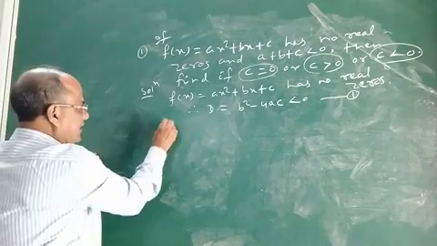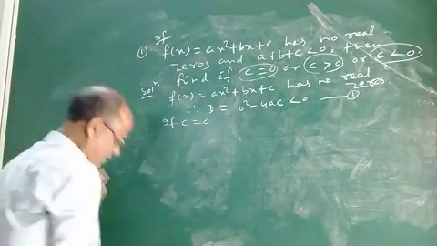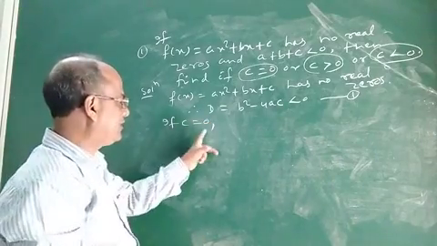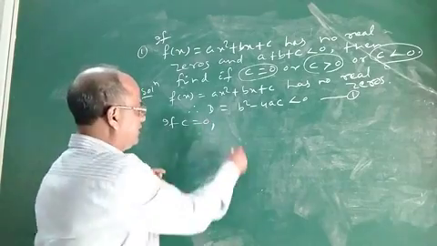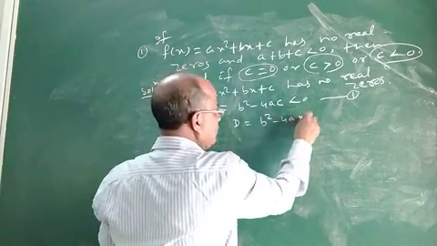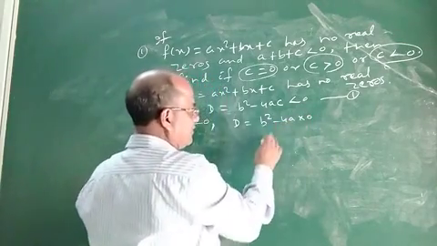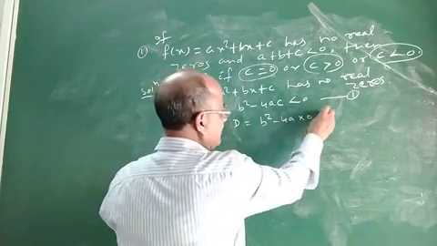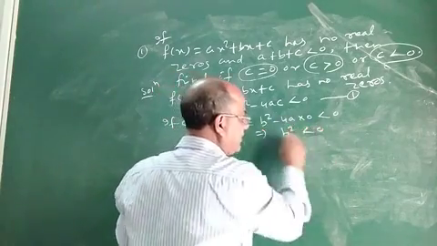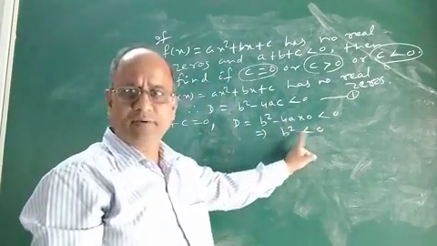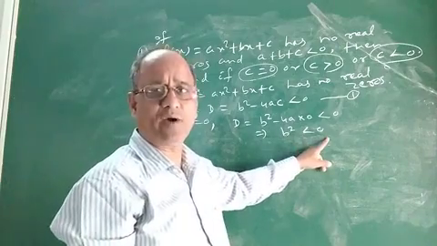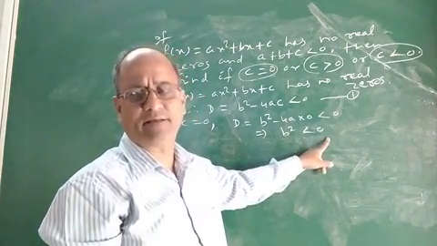Let us take c equal to 0. Now if c equal to 0, what will happen? Put it here, then d equal to b square minus 4a into 0. This is less than 0. That means b square less than 0. But is it true? If we took c equal to 0, then we found that b square is less than 0, means b square is negative. But is it true?